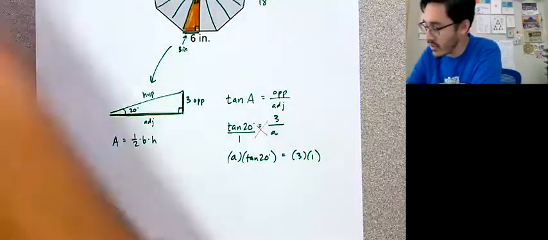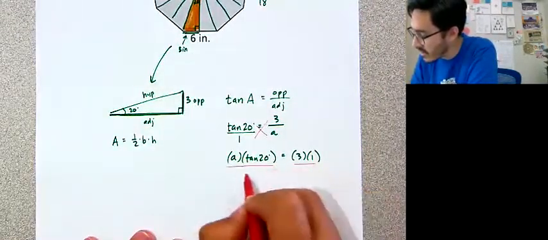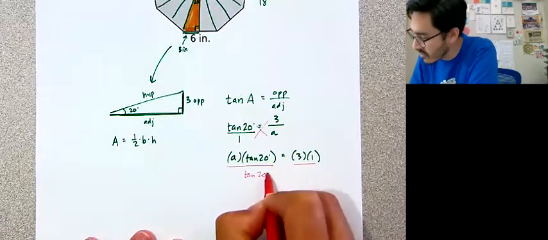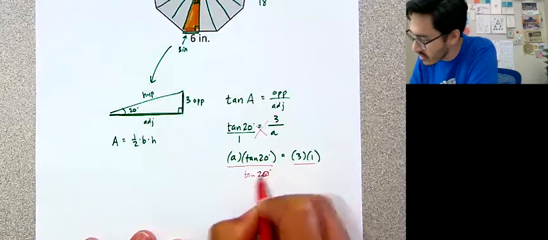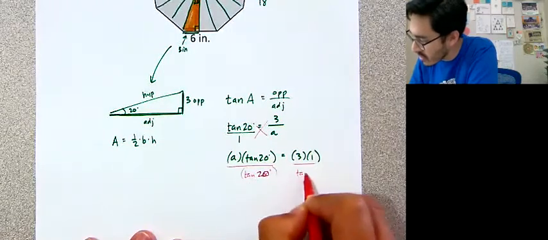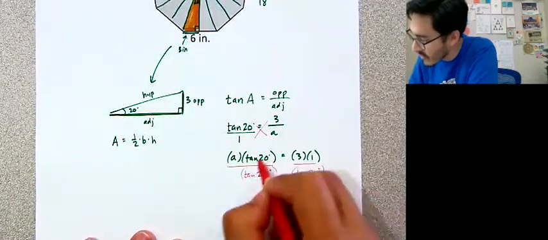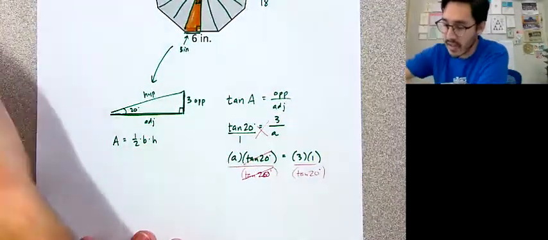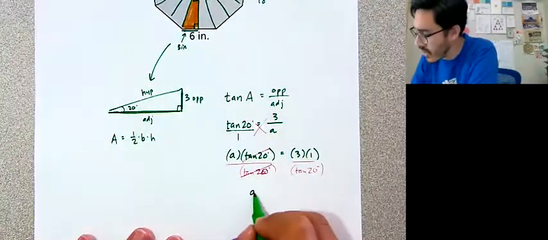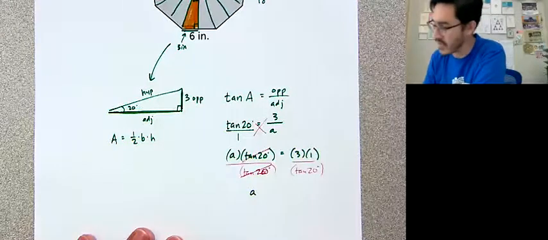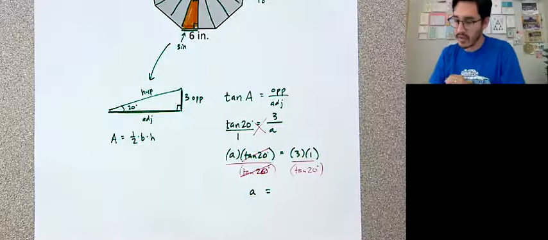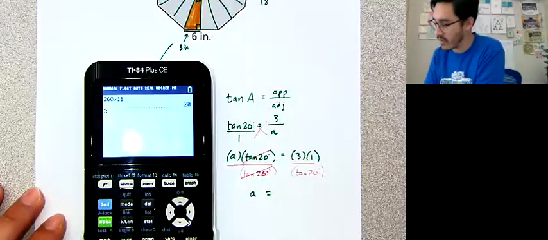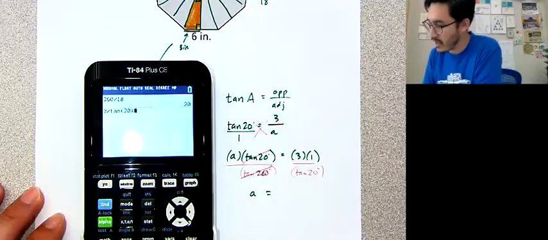Or what I could just do now is divide both sides by the tangent of 20 degrees, to cancel it on the left-hand side. All right, so A, which remember stands for the length of the adjacent side, is 3 times 1 divided by the tangent of 20 degrees. Okay, so 3 divided by tan 20